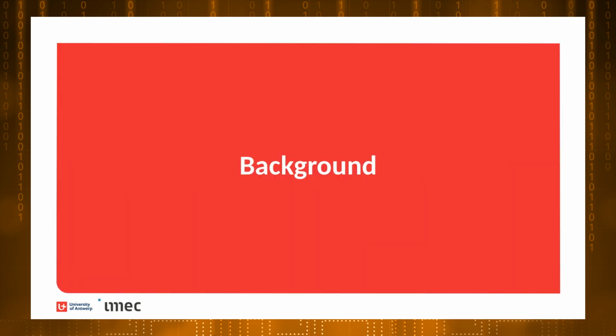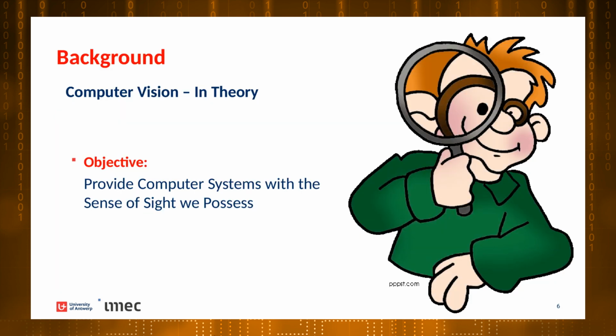So, let's give some background before we start talking about the state-of-the-art research we are doing. As I said, my work is mostly around computer vision. And in few words, if you want to define what computer vision actually is, what it aims to do is really to give our computers, or an algorithm, a computational system, the sense of sight that we humans possess. And by sense of sight, what I mean is the capability of understanding visual patterns, recognizing visual patterns,